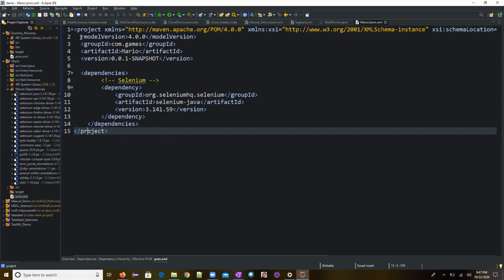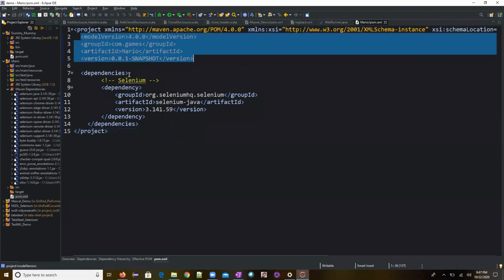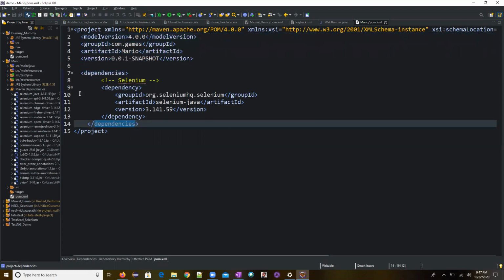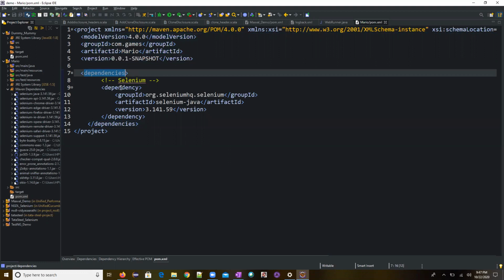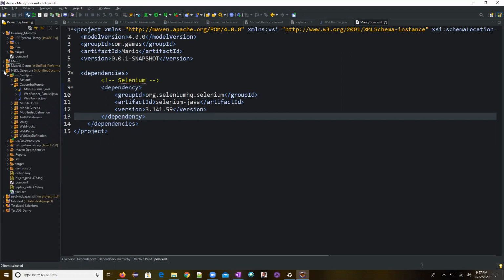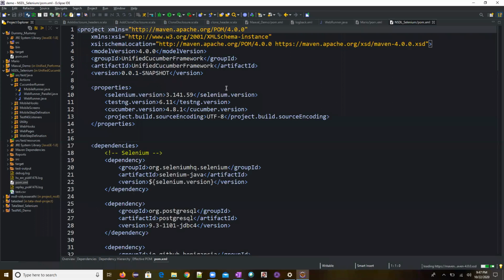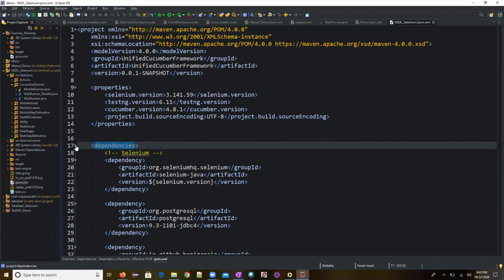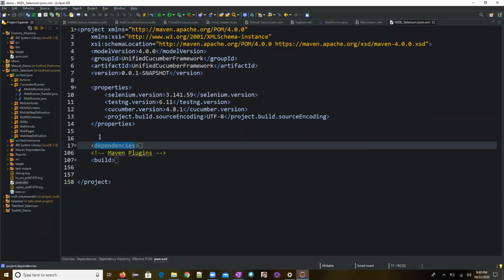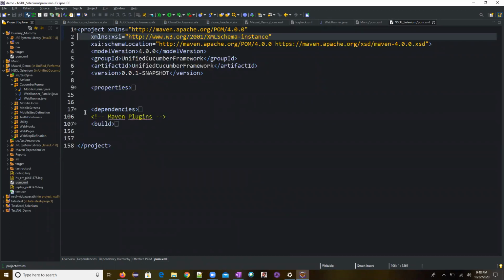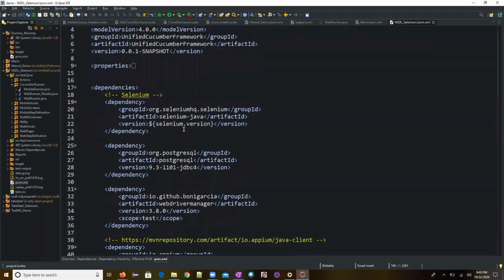Now, if you see here, there are a few other things. I'll come back to this one. This is the dependencies tag, and under the dependencies tag we will have the dependency. Let me take a real-time example. This is one of our real-time projects, created by one of our friends. I'll just collapse all this. If you see under dependencies, see how many things have been mentioned.